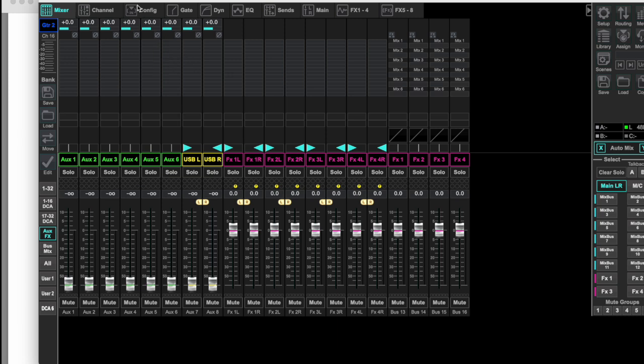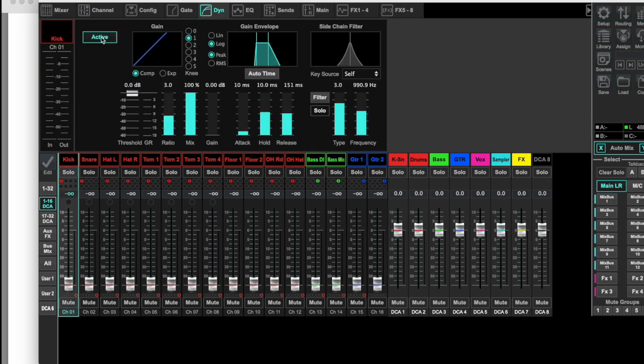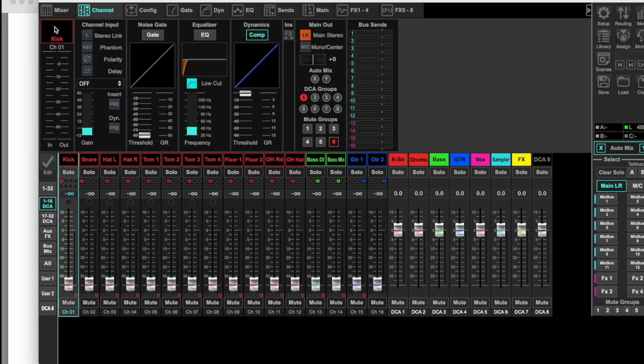Good, okay, so if I wanted to go through and do any more, say for example, I wanted to go through and pick the channels that I want to have a compressor ready to go on. I mean, I'd normally have a compressor on the kick, and I would definitely have one on the snare. So if I change channels here, yes you can. So that's the cursor arrows. So you can't do it with the mouse, but with the cursor arrows I can say, right, there's my kick,